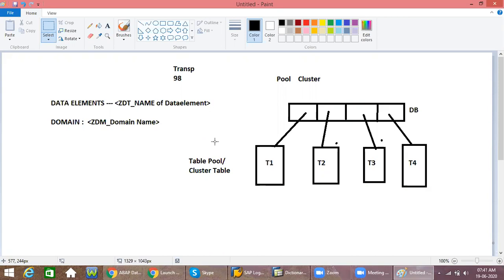Next point. The data from several different tables can be stored together in a table pool or in a table cluster.